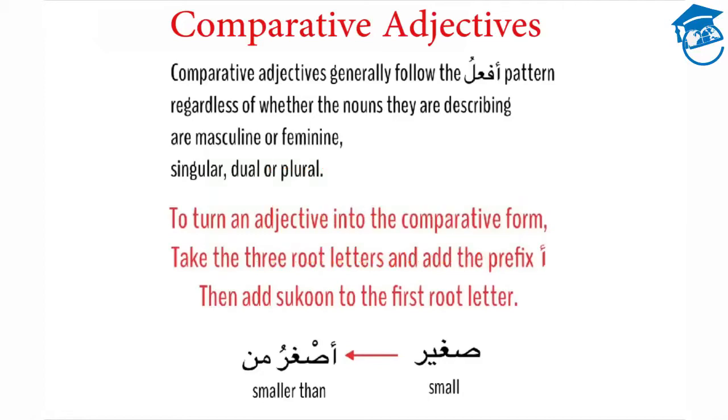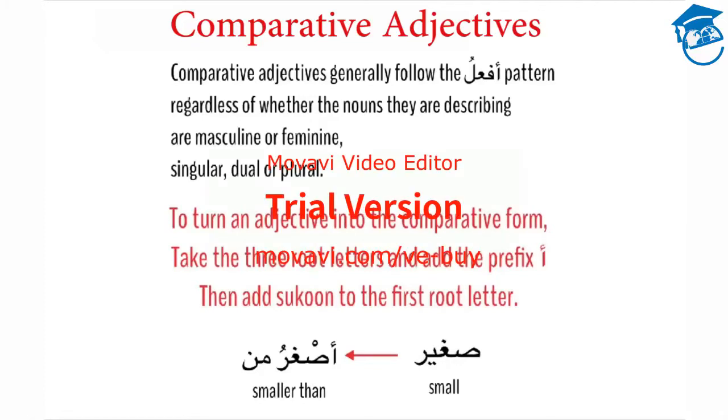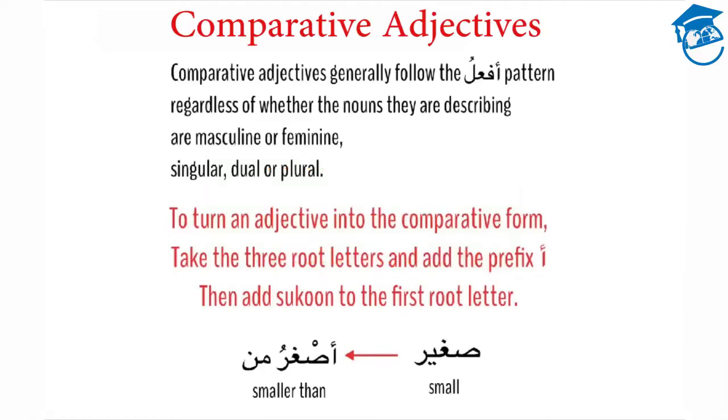Saghir. Saghir means small. To change it into the comparative form, we add an aleph with hamza at the beginning of the word. Then we have the three root letters, sad, ghain, and ra. We put sukun over the first root letter, sad. We add one vowel marker at the end because it's a diptote, and then we add min to make it